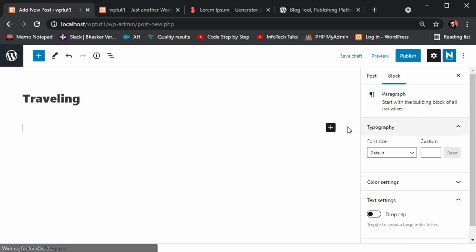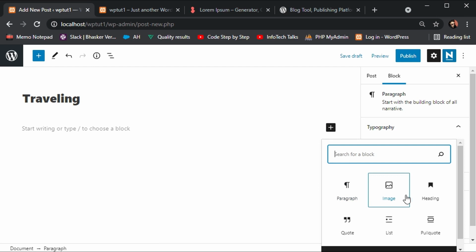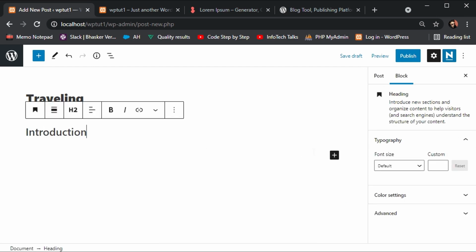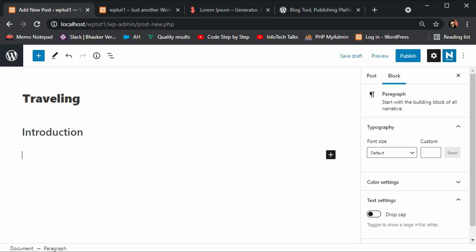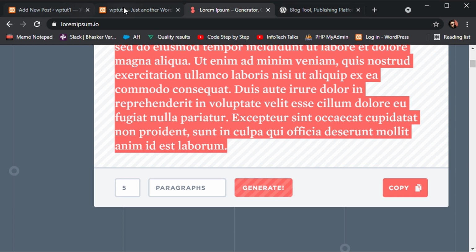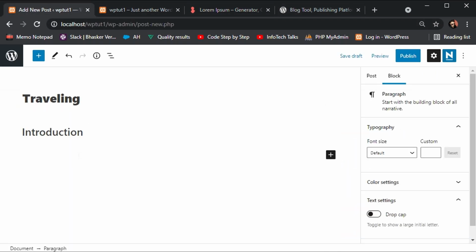So the first post is going to be for traveling. This is the introduction of the post, and I'm taking some dummy text from here.